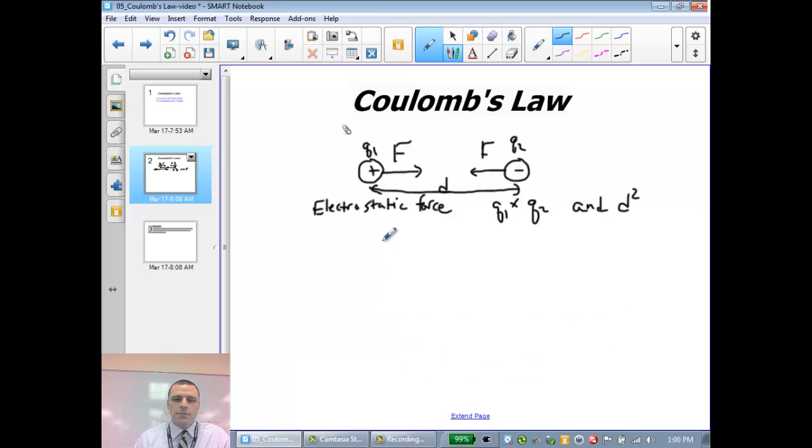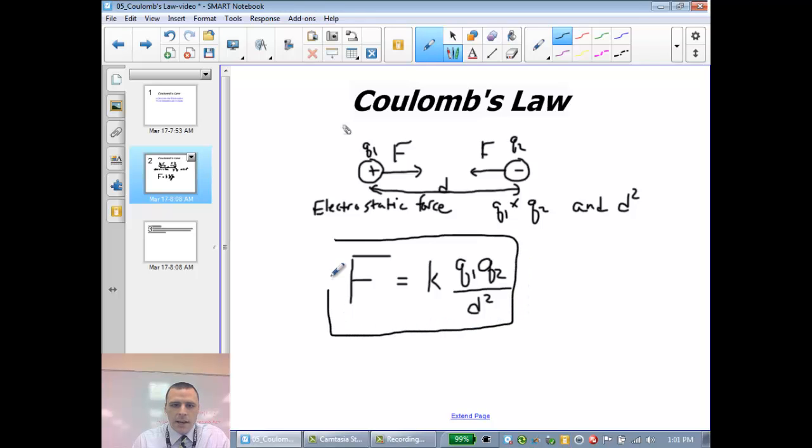So the equation for Coulomb's law, which is the equation that we're going to be using, is F equals... There's a constant that goes out in the front. It's a small k, the electrical constant. F equals k times Q1 times Q2 over d squared. And that is the electrostatic force equation, or Coulomb's law equation. And the k is an electrical constant, and it equals 9 times 10 to the 9th newton meters squared over